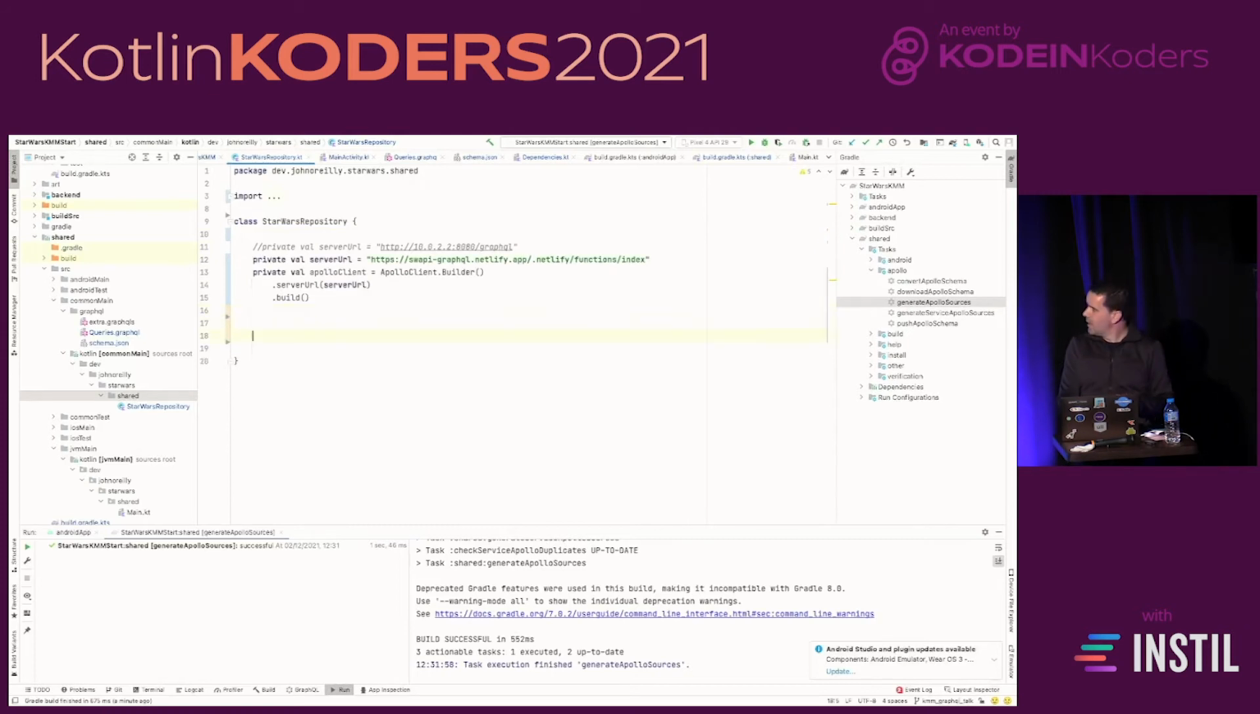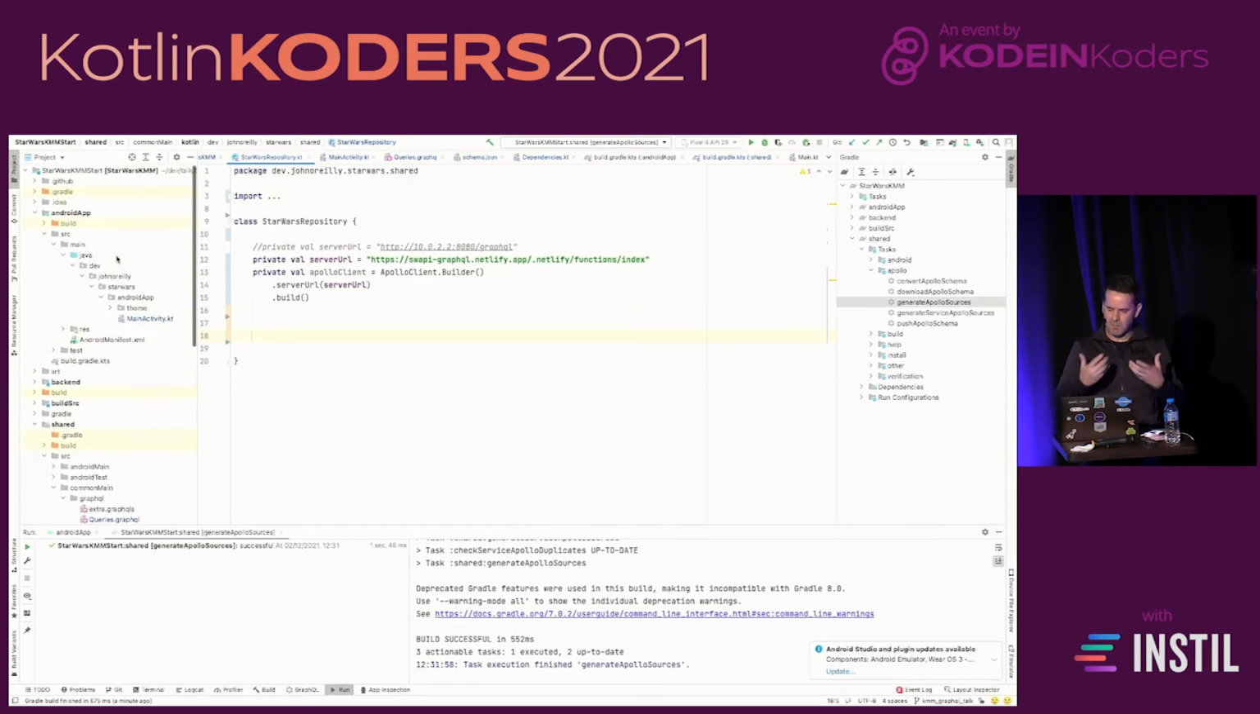This is the endpoint that we're hitting. I'm also a little bit paranoid in talks like this that the endpoint won't be available. So this project actually has a backend module as well, which simulates this. So this would be the URL, for example, if we were hitting that. And our basic repository is going to have a method to get the list of films. And